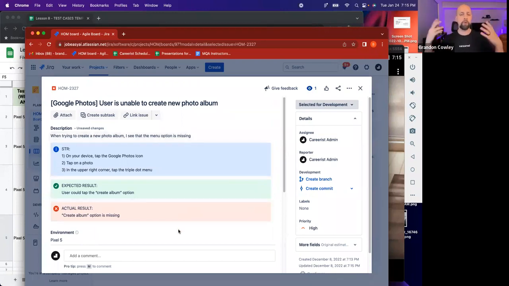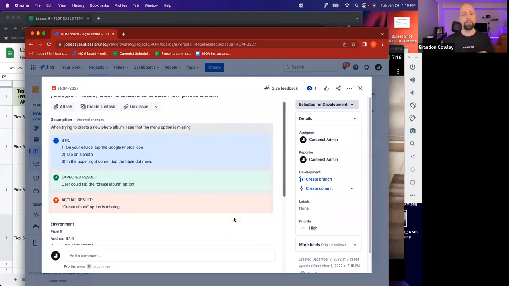Again, we're using our intuition, our logic, our previous experience, our big brains, and you can intuit typically what is supposed to work. Again, this is a little bit of a cheat because I have made an album on here before, so I know that's how it's supposed to work. But just for kicks, I know in my phone, if I go up to that menu up there, and if I tap on that dot, my very first option right over here is add to album. And then within there, I'm able to create a new album. So again, we could just sort of logic our way into that answer. But these are the things you would want to write.